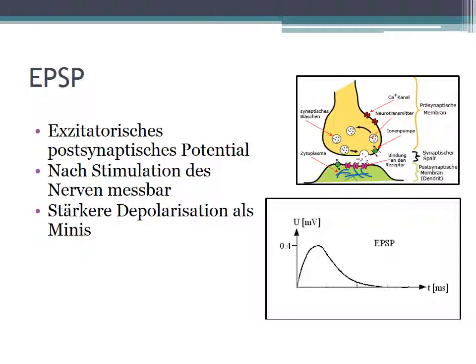So once the action potential comes to the presynaptic terminal, it triggers the vesicles to fuse with the membrane, and then you have a lot of transmitter diffusing over the synaptic cleft, and then you have a stronger depolarization at the postsynaptic membrane, which you can also see in the second picture. On the x-axis, you have the time in milliseconds, and then on the y-axis, you can see the current, so you can see an actual depolarization right there.